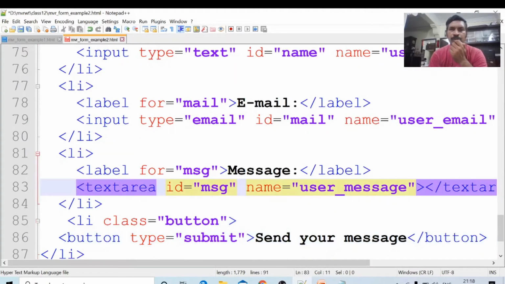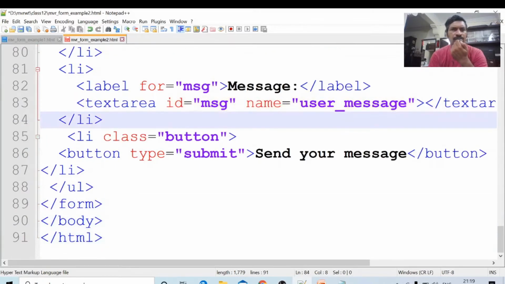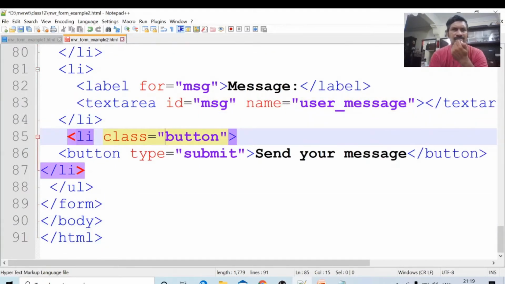We know that textarea is used to enter an address or many values. Multiple lines of text can be taken using the textarea. Button: lastly we display the send message button. Using this button, whatever message is to be displayed on the submit button is Send your message. This is one way of writing a submit button. If we do not write send message, the default value Submit will be displayed.